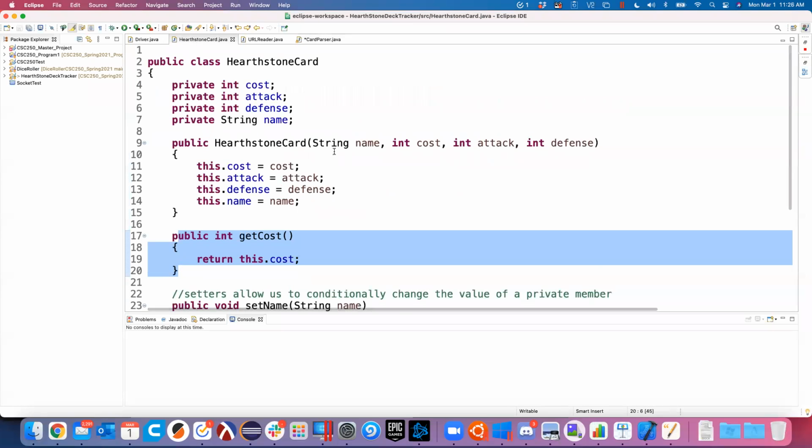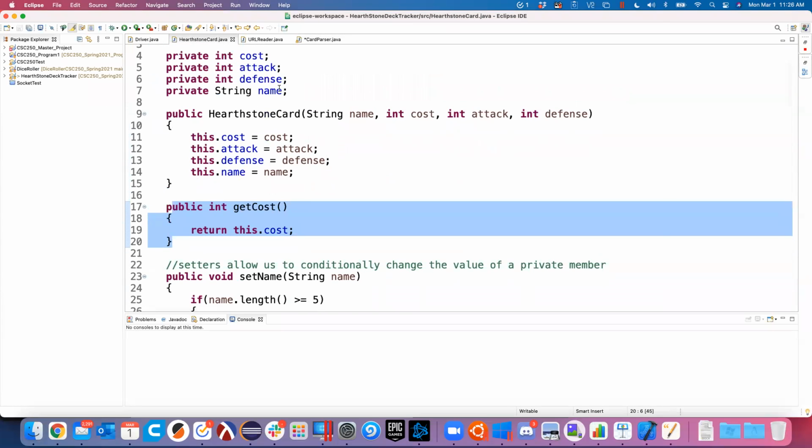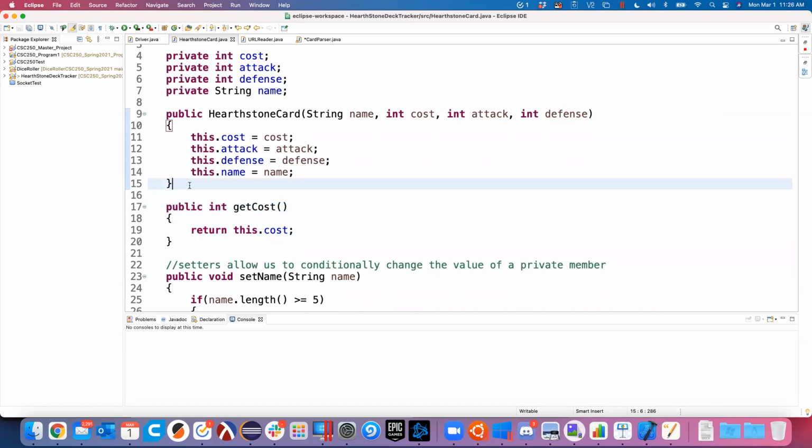Remember, this is what a Hearthstone card is, right? A Hearthstone card is a name, a cost, an attack, and a defense. So I could give myself a second way of building a Hearthstone card, and I could then